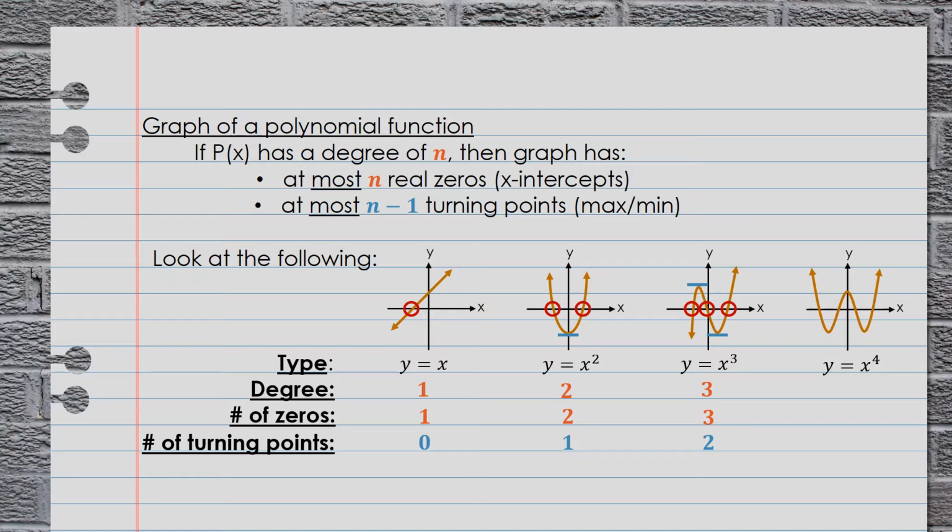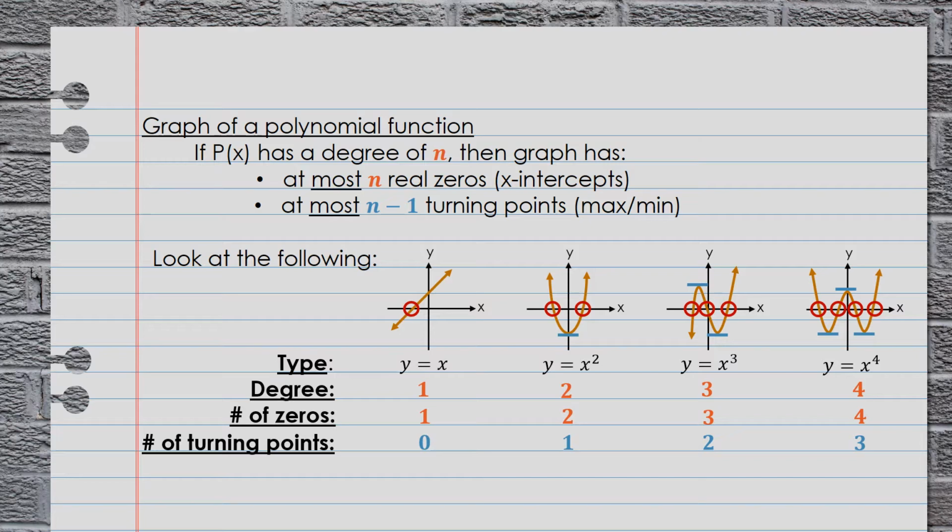This is of the form y equals x to the fourth. If we find the degree, we will notice it is 4. If a polynomial has a degree of 4, then the graph has at most 4 real zeros, or 4 x-intercepts. If a polynomial has a degree of 4, then the graph has at most 4 minus 1 turning points. Well, 4 minus 1 gives us 3. And if we look at the graph, we see we have a max and a min, and a total of